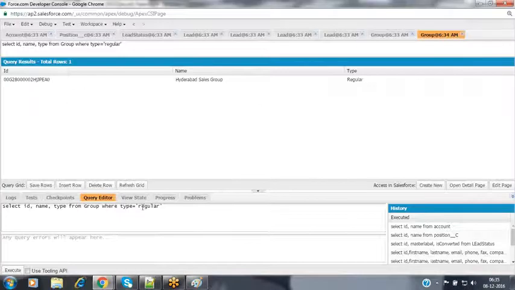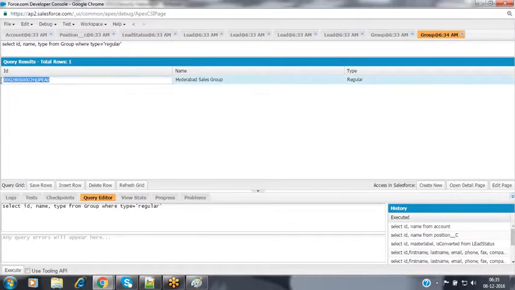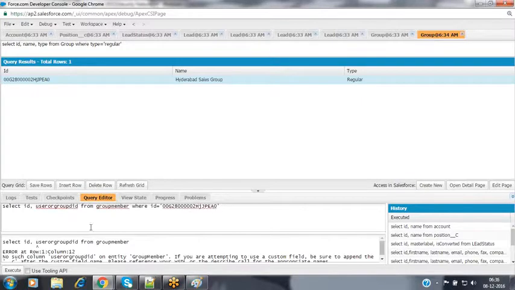This is the query I'm going to use to fetch the members of this public group. Get the ID of this particular public group and then make a query: select ID comma user or group ID from group member where group ID equals the group ID here. Let's execute that.